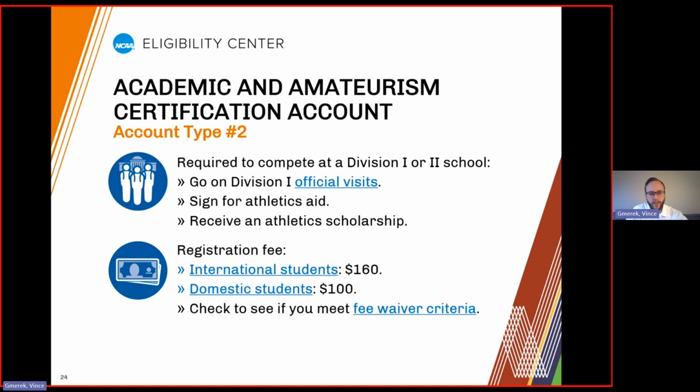For domestic students, the registration fee is $100. But for all accounts, when you get to the payment screen, you can indicate that you are eligible for a fee waiver, and a fee waiver would exempt you from paying that registration fee if your fee waiver is approved. So you can click on that link to find out more information about fee waivers. And again, also if you forget it or you need it later, once you're registering and get to that payment screen, that's when you'll be able to see that same information about fee waivers.